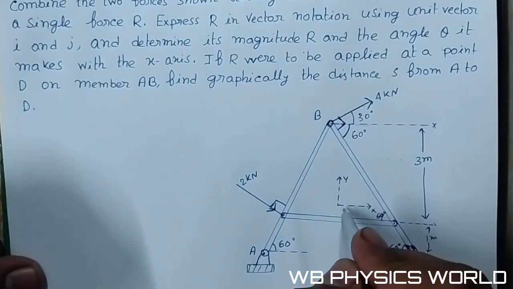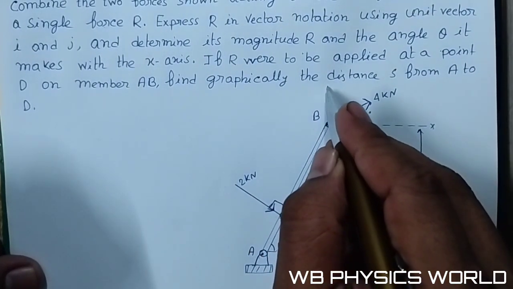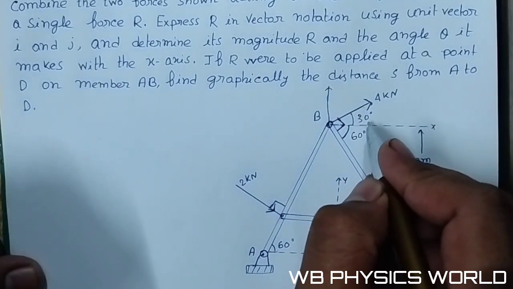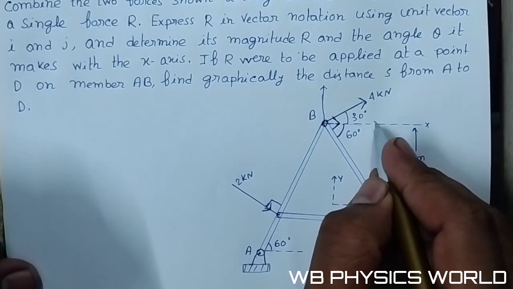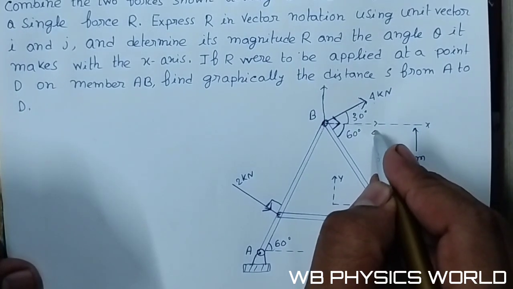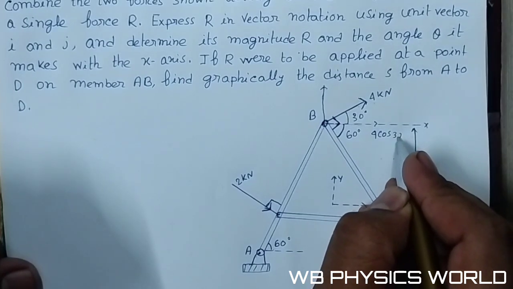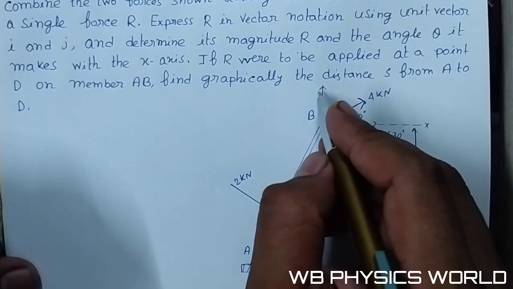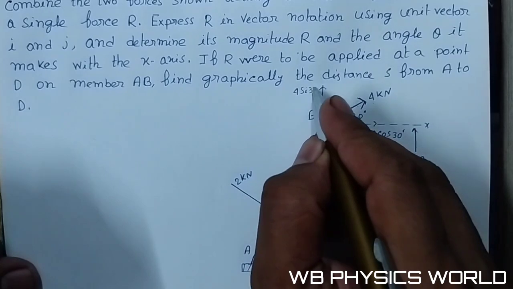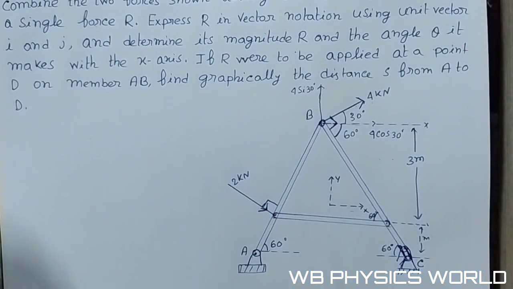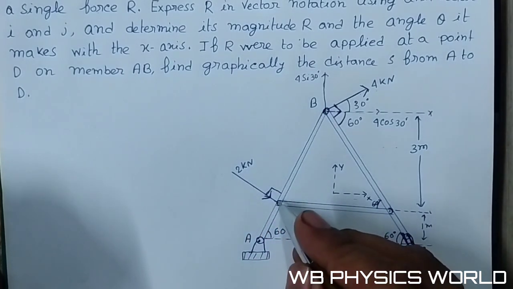This is along the x-axis, since this is the x direction and this is the y direction, so this is along 30 degrees. So the component of force along the x-axis is 4 cos 30 degrees, and along this direction is 4 sin 30 degrees, and for this 2 kilonewton force,